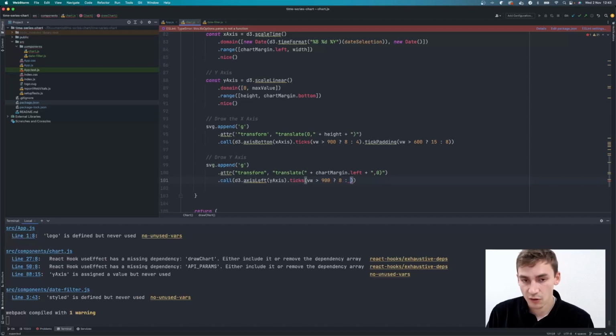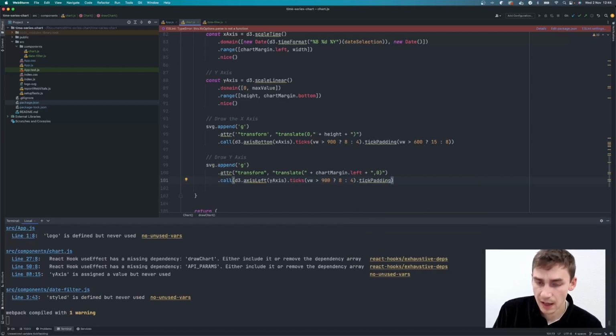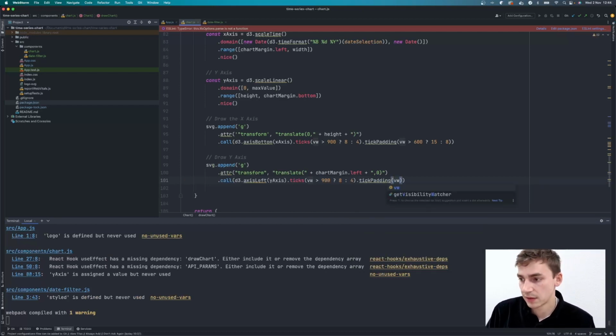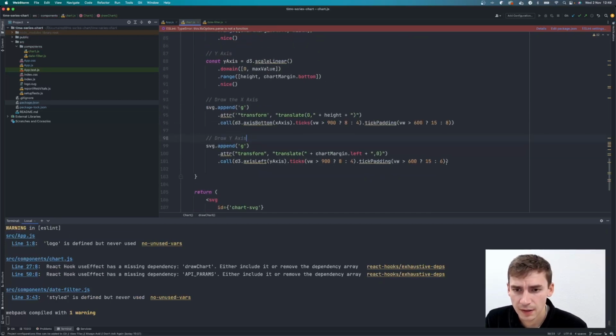Give me 8, if not, then give me 4. And similarly, with my tick padding, we're going to have the viewport width. Is it bigger than 600? And if it is bigger than 600, give me 15 padding. And if it's not, 15 pixels padding. And if it's not, give me 6. So that's our tick padding and our ticks just set up so that they're going to be responsive to different